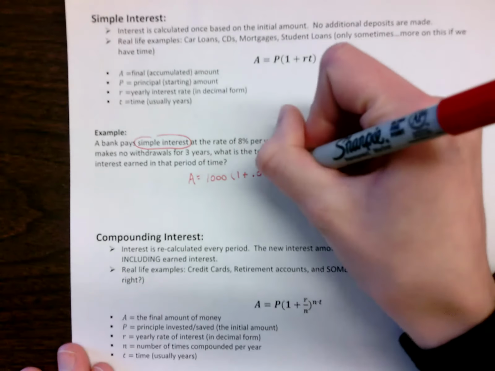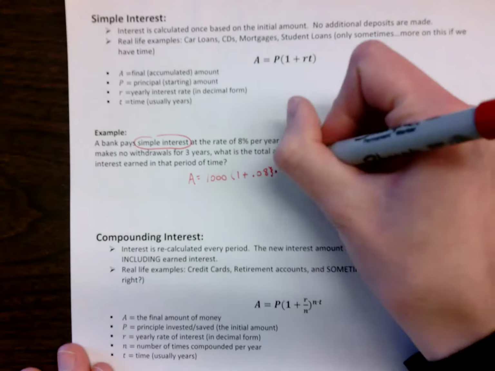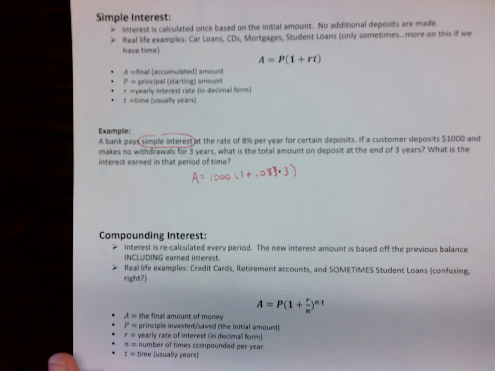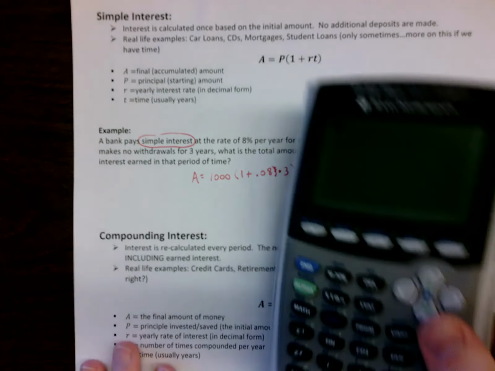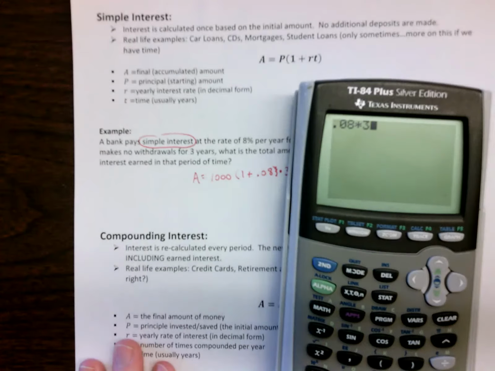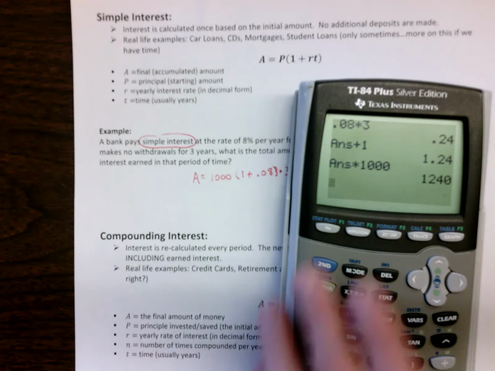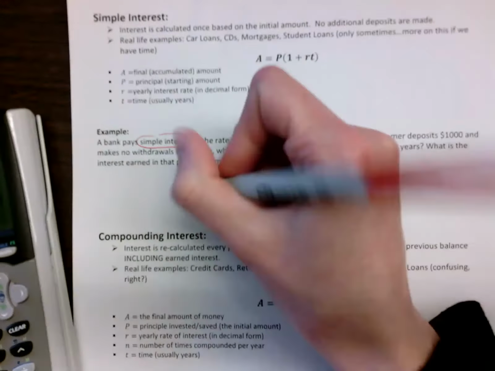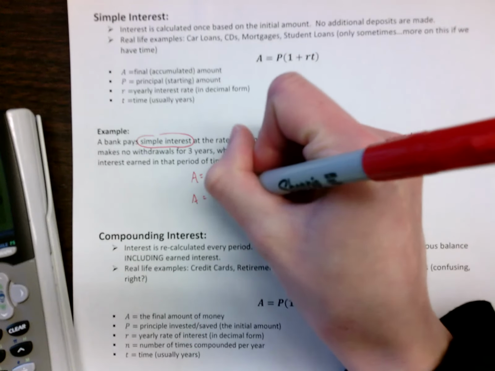And then we're multiplying that by the time, which is 3 years. Make sure you follow order of operations when you do these. You multiply the 0.08 times 3 first, add the 1 to that, and then multiply that by $1,000. So 1240. Our final amount is going to be